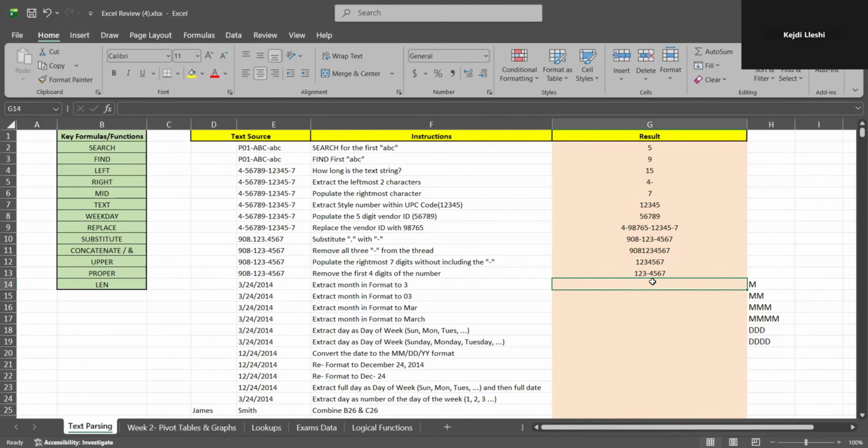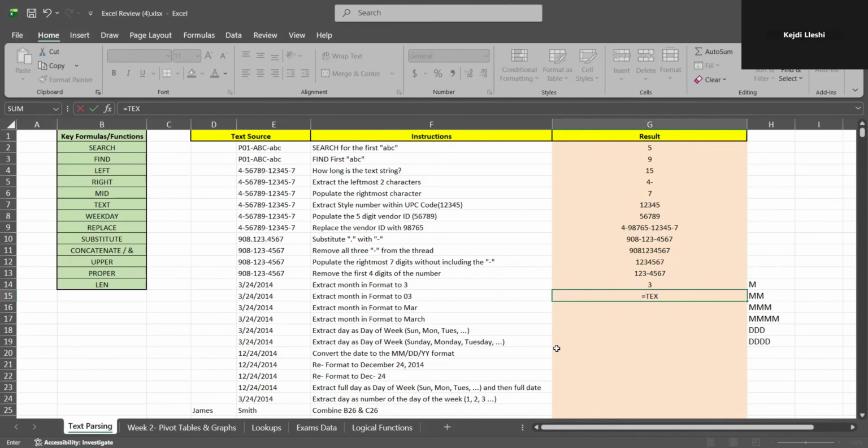If we're extracting the month as a certain format, we're always going to use the text formula. The text formula does nothing to the text except make it appear differently. So there's this date, right? We want to display only the month as a singular number. So we're going to say, click on the date, comma. How we want to format it, if it's just the number as a month, it's going to be M. If we want to say 03 because our company wants us to format it like that, we're going to say